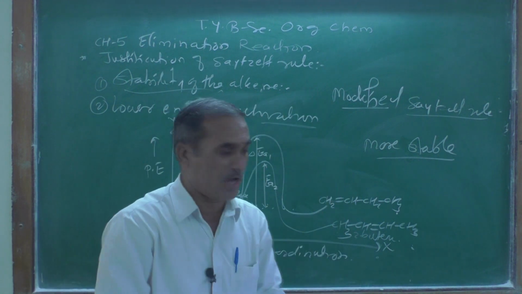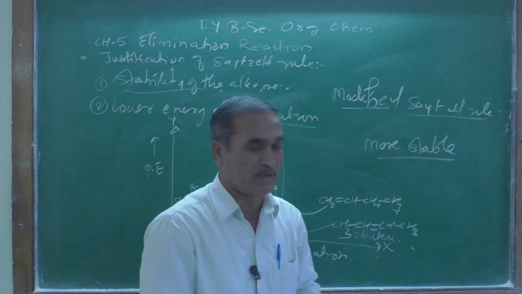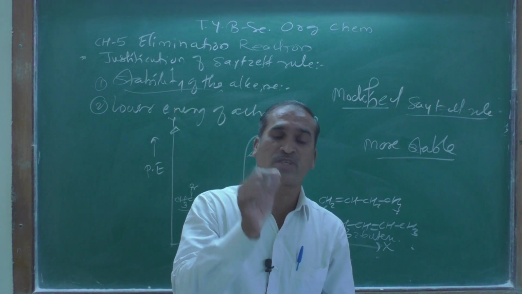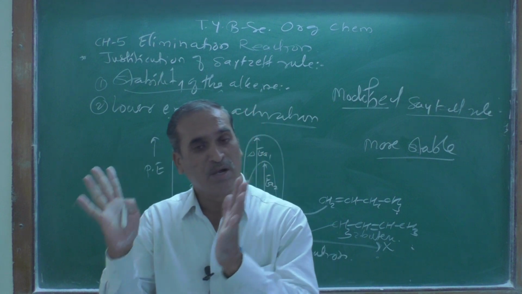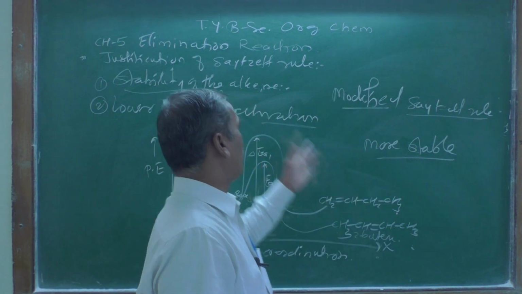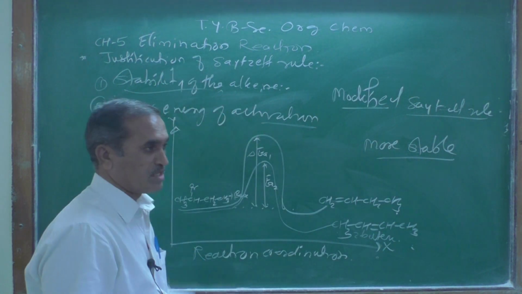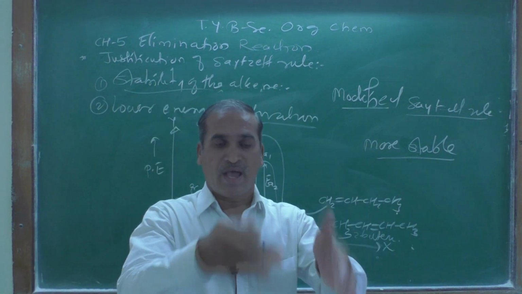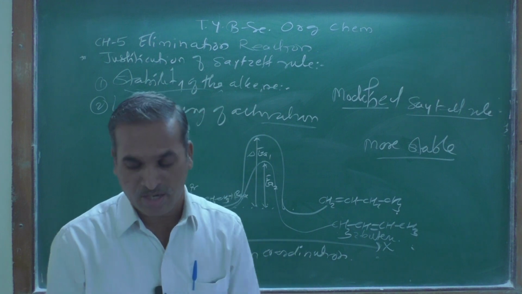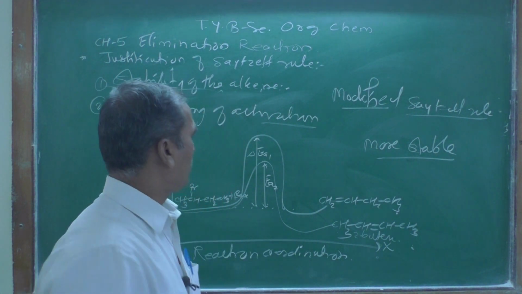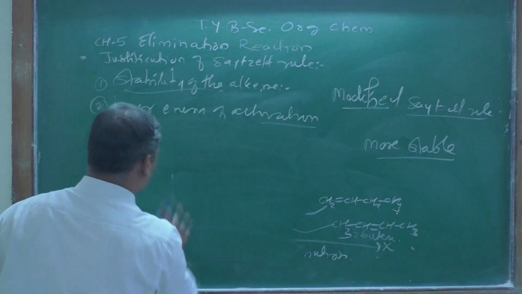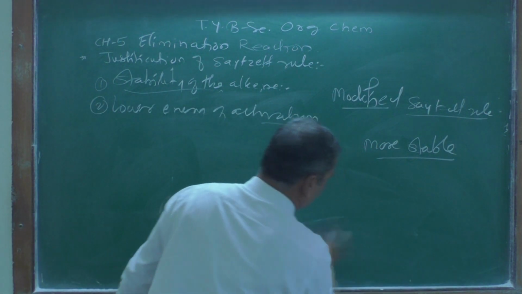In the modified definition, in an elimination reaction, the more stable alkene is obtained as a major product. So why did he make this change? Because on the basis of this experimental fact, he modified his statement and gave it to us. Now let me give one more example of why this one is obtained as a major